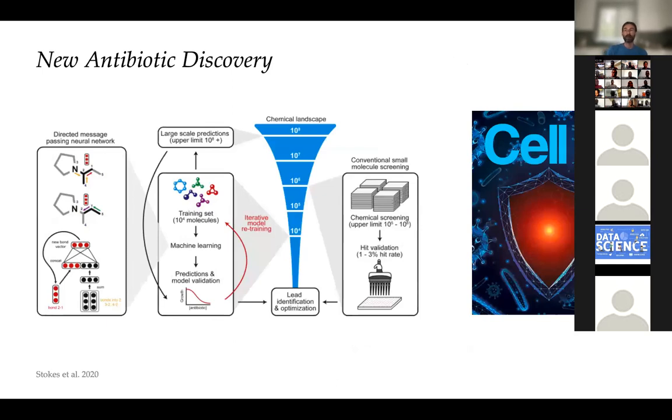And probably the point where this became of a level that is interesting for the pharma industry is when the group of Jim Collins at MIT used graph neural networks in a virtual screening pipeline to find antibiotic compounds that can treat antibiotic resistant bacteria. And you may know that this is one of the upcoming, if not already existing, urgencies in the healthcare field. It's not a question of if, it's a question of when we'll have a new infection that defies all our arsenal of existing antibiotics.